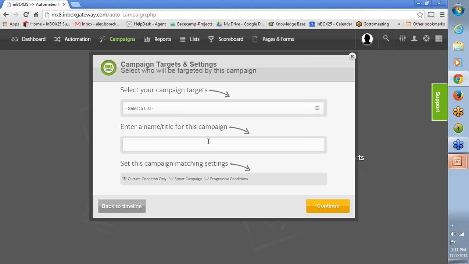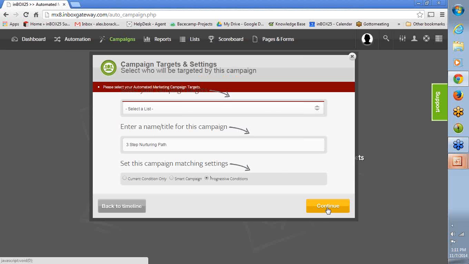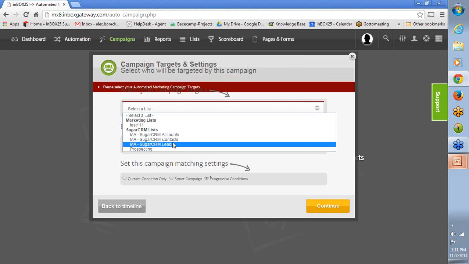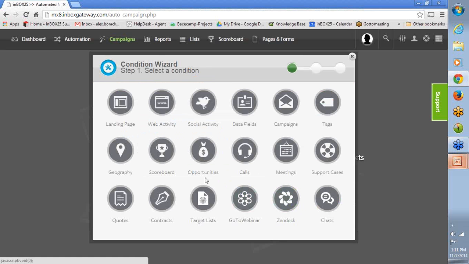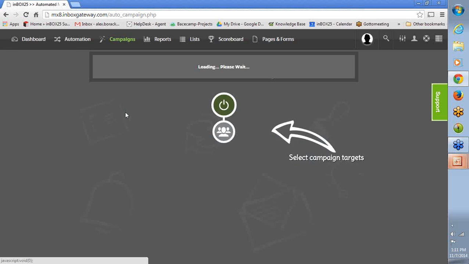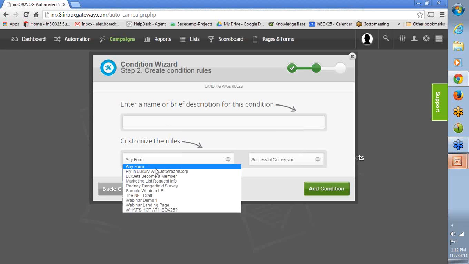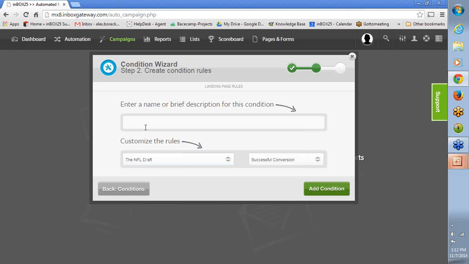So to name this, I will say 3-step nurturing path. And we'll make this a progressive condition. Oops, and we'll select my leads. So to set up the first condition block, it's going to be someone who converts on my landing page